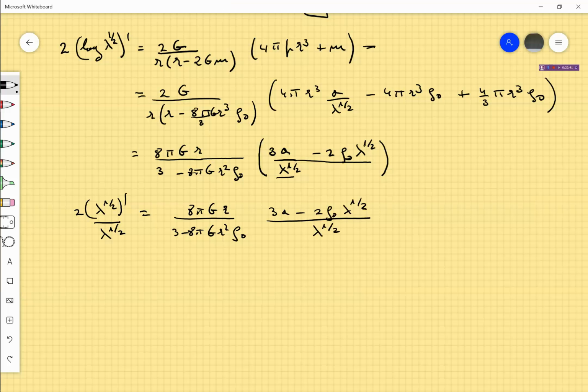We have lambda 1/2 on the left and on the right. We can remove it, and now we take this, that is the only part that depends on lambda 1/2, to the left hand side,